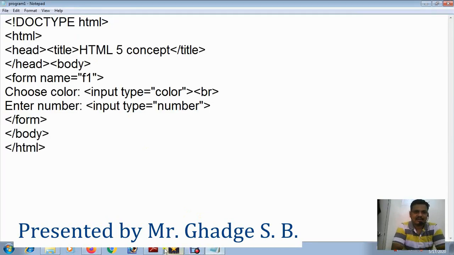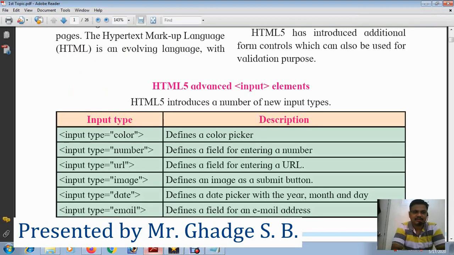Now another type is URL. It is used to define the field for entering a URL. Okay, your address, it requires protocol name, colon symbol. Okay, so URL means proper site name, okay, directory name. If there are proper values, then it surely works perfectly. Okay,